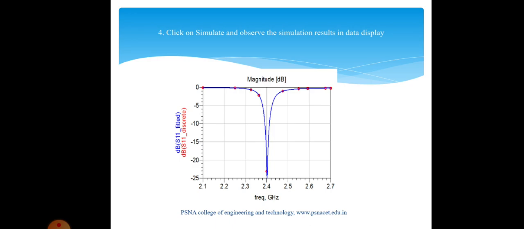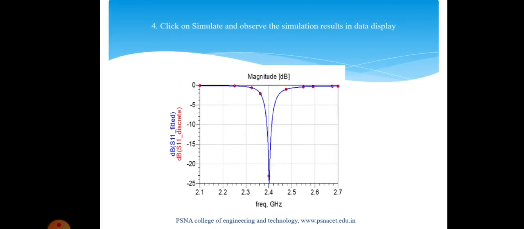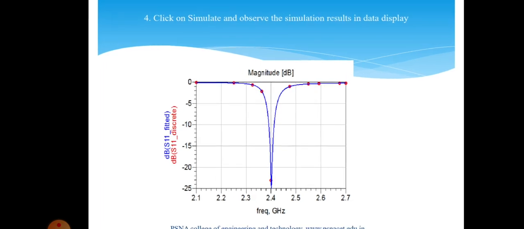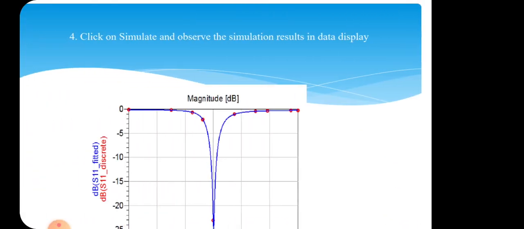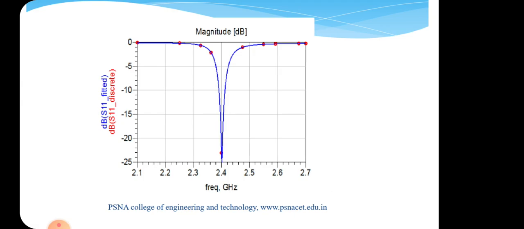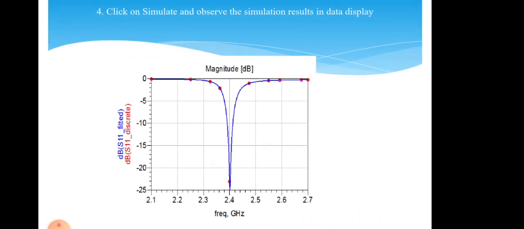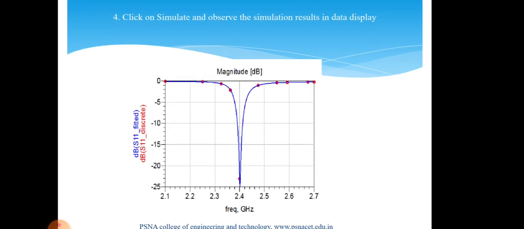In that particular single point, it shows a very deep notch. So the designed frequency is 2.4. We are getting exactly good return loss characteristics at 2.4. It is nearly minus 25 dB, and the remaining frequencies are at 0. So it says that when it is less than minus 14 dB, almost all the power will be transmitted at 2.4, and for the other frequencies all the power will get reflected back. That is the meaning of this curve.